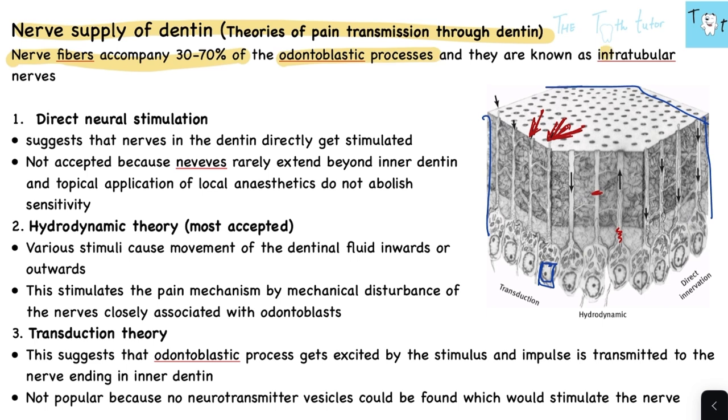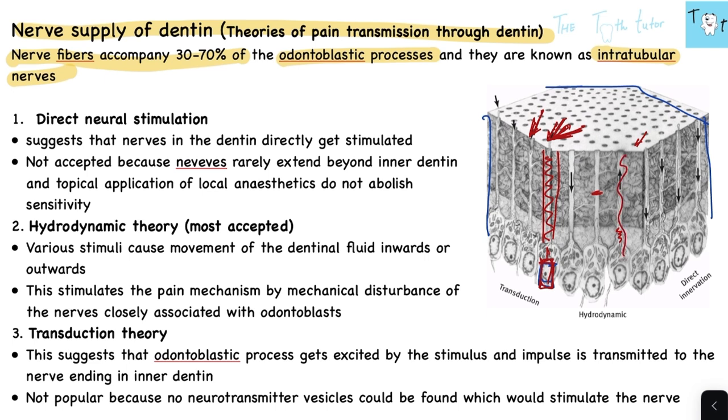Okay, and these nerves are known as intratubular nerves. So I told you about the structure of the odontoblastic processes or the tubules. Okay, so this is the tubule and you have a process inside that. This is your odontoblastic body which is inside the pulp, right? So there is a nerve that will be going along with the odontoblastic process inside the tubule. But there are three theories telling you how the pain is actually sensed or transmitted